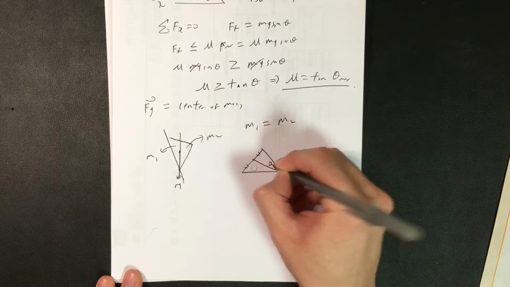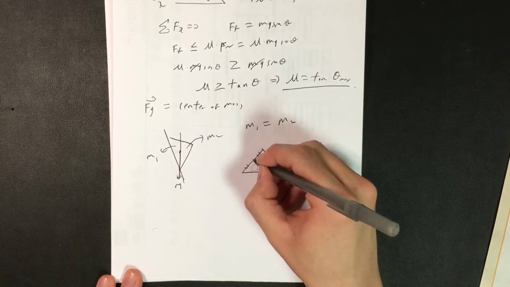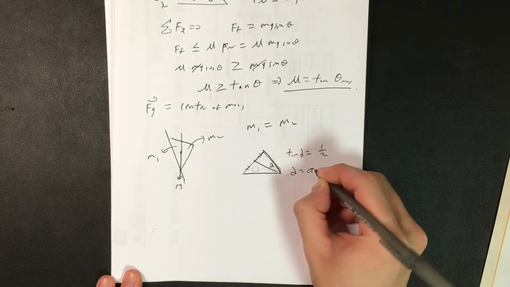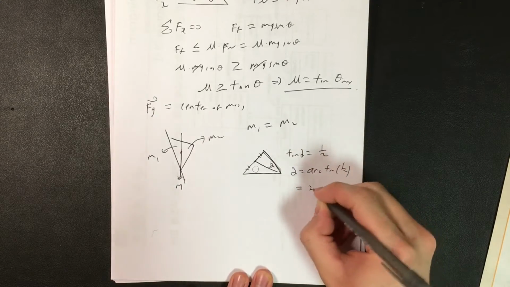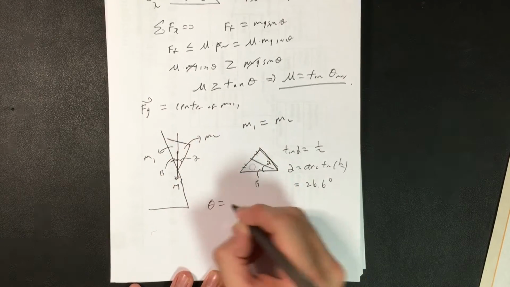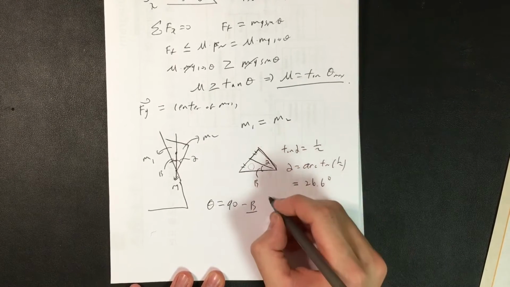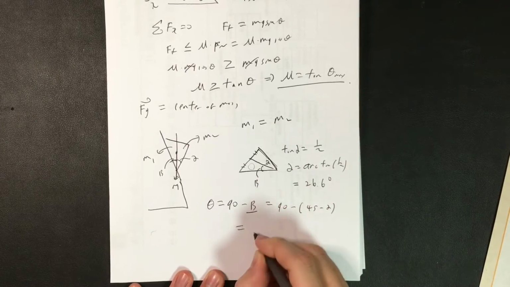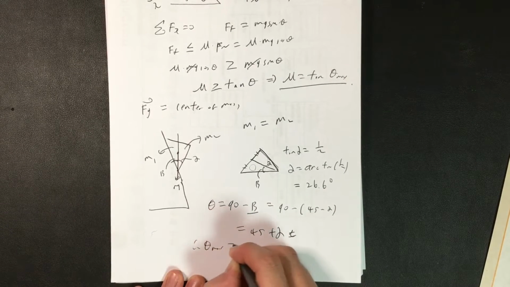And if I call this angle alpha, then tangent of alpha equals 1/2 because the ratio of this side to that side is going to be 1 to 2. Therefore, alpha is going to be arctangent of 1/2, and by plugging into the calculator, this equals 26.6 degrees. Then if I call this angle beta, then theta equals 90 minus beta, and since beta equals 45 degrees minus alpha, this equals 90 minus 45 minus alpha, which equals 45 plus alpha. And therefore, theta max equals